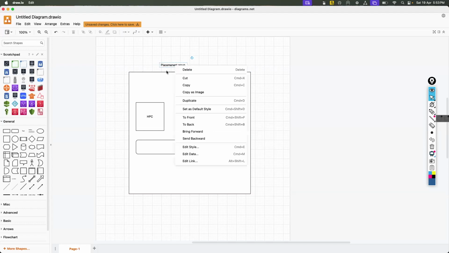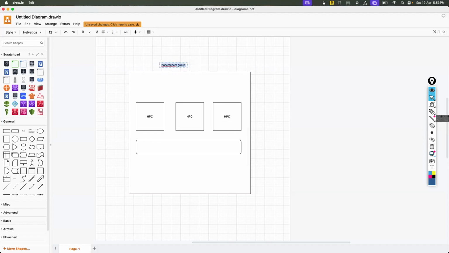This placement group is nothing but a logical group where all of the servers will stay and share common hardware infrastructure, networking, storage, etc., so that their processing speed will be much faster.